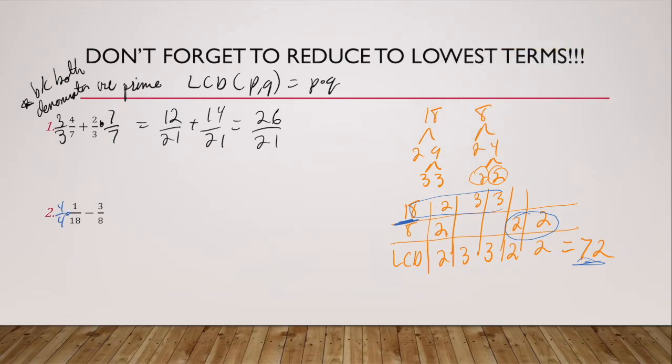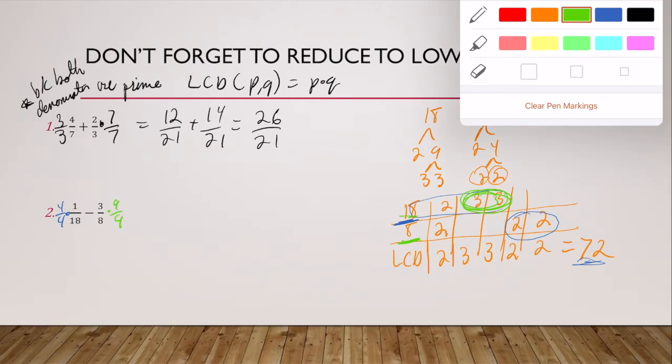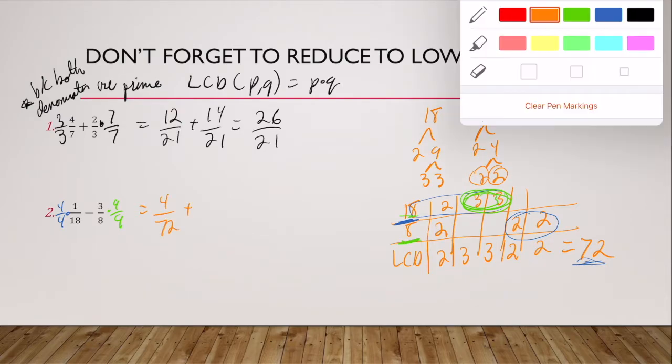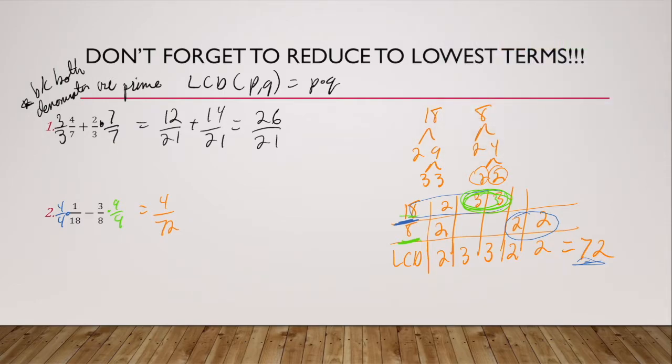Okay, what do I multiply 8 by to make it look like 18? Well, it's going to be the 2 factors that they didn't share, which is going to be 9. So that gives me 4/72 minus, sorry, I don't know where I wrote plus, minus